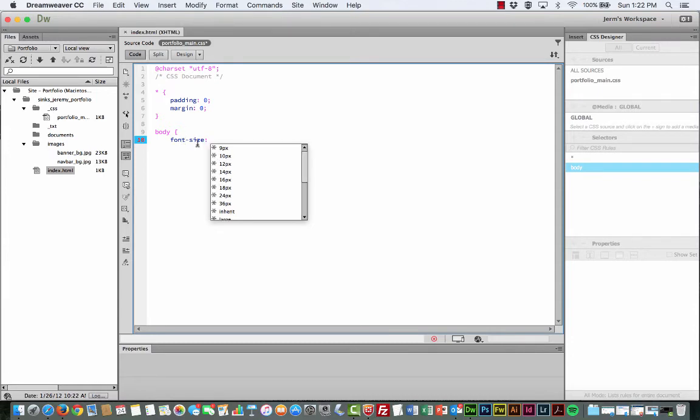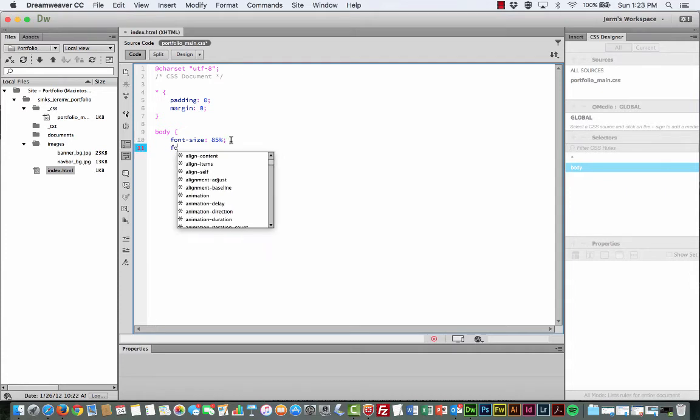Hit the space bar, and we're going to type in 85% and then semicolon. And the reason why we're going to do that is because this actually sets us up for a better use of our font size. This is going to set up all of our font size to be slightly smaller than what is default, and this is more true to, say, what you might see on a Word document. And then hit the return key,